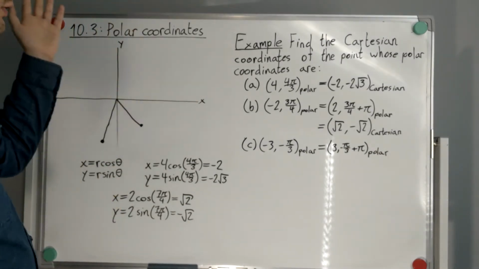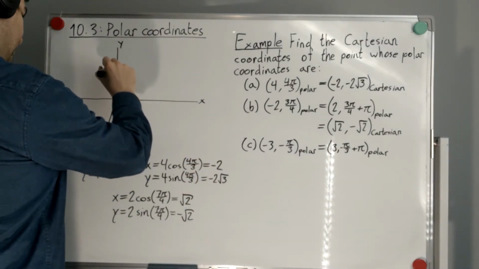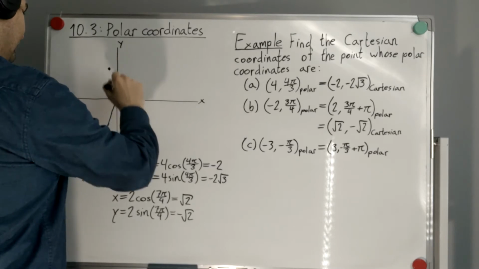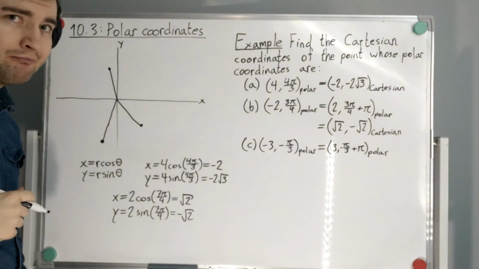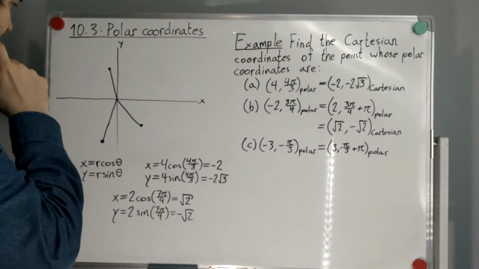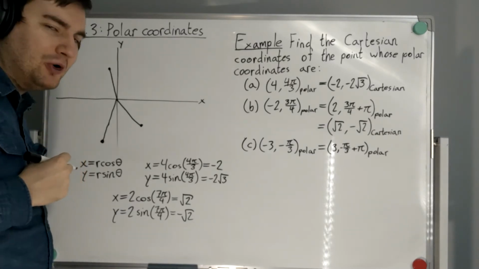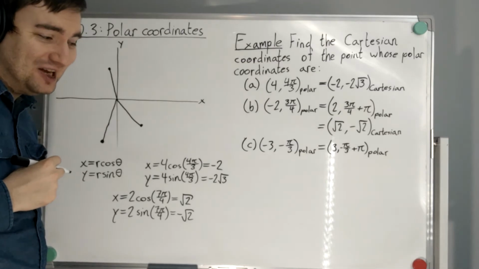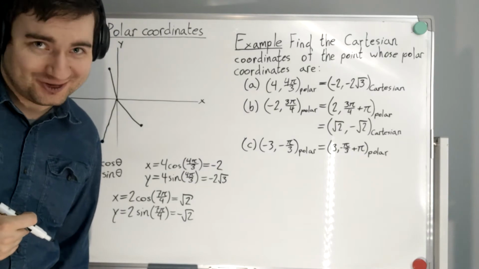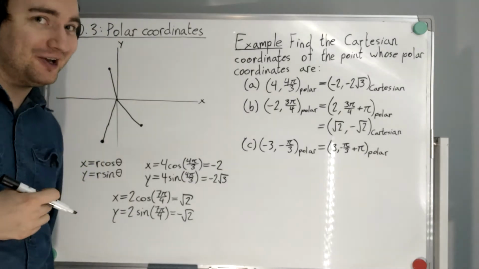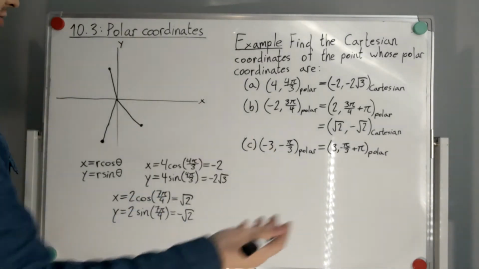So let's see here. 2 pi over 3 is approximately like this direction right here. And we're going to go out by 3 units from the origin. So something like right there. Just looking at my diagram here, it's horribly inaccurate in terms of the scale of the different line segments. There's a more accurate description in my notes though. This is about the best I'm going to be able to do with freehanding it. Okay, so then